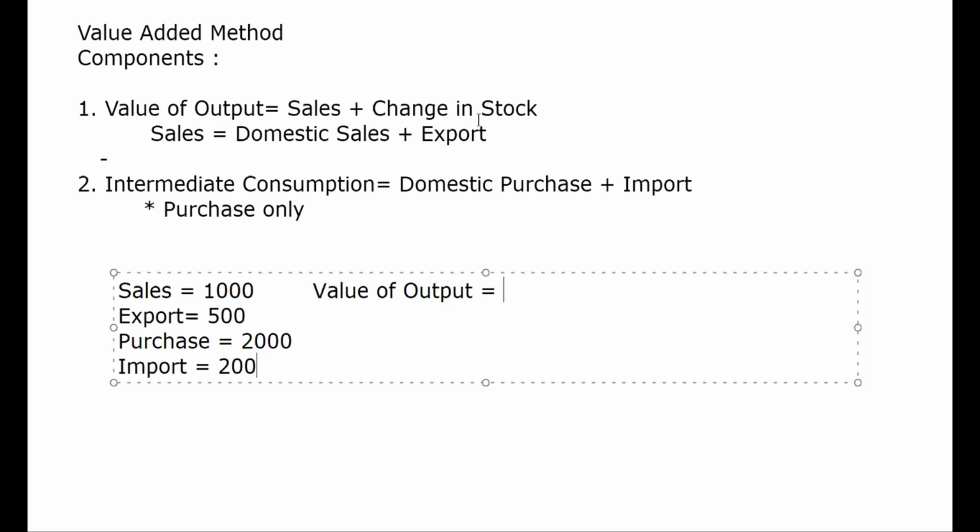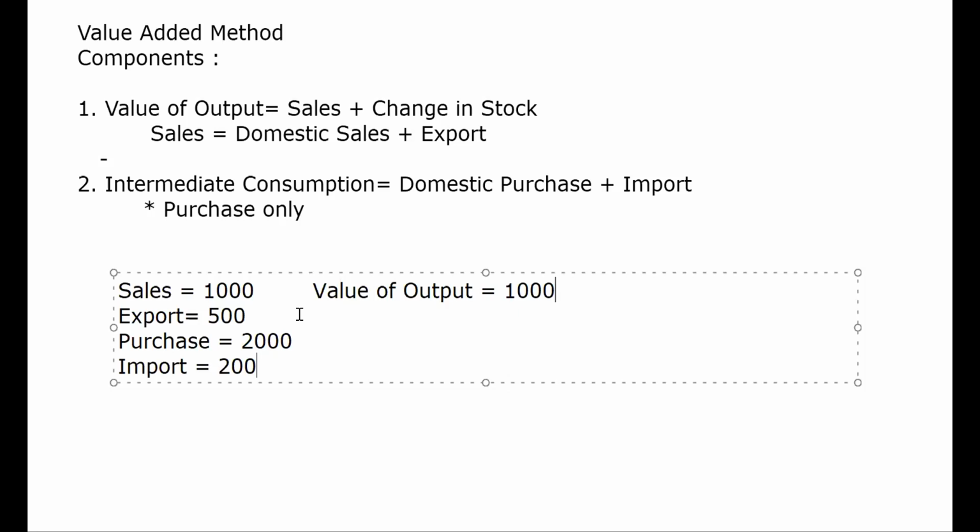1000. Yes, 1000, Soumya. Good. Will we not add export here? No. Reason?